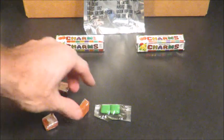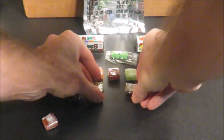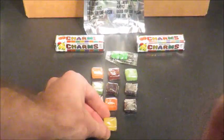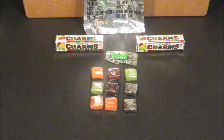Not very exciting. And you get, I believe it's 8 charms in a pack. You know, but yeah, oh, you get 10 charms in a pack. Okay. Now look at that. Now let's try these out. I'll go for the yellow one first. They look like they're in pretty good shape. Oh yeah. That's not bad at all. It's just a kind of cheap artificial fruit flavor. But boy, I'd be happy with one of these